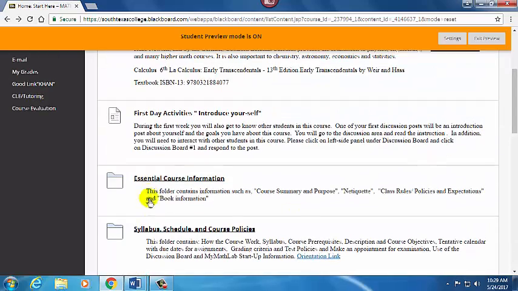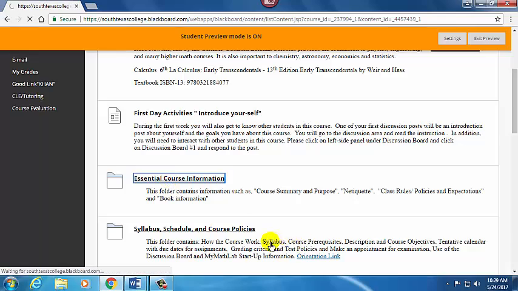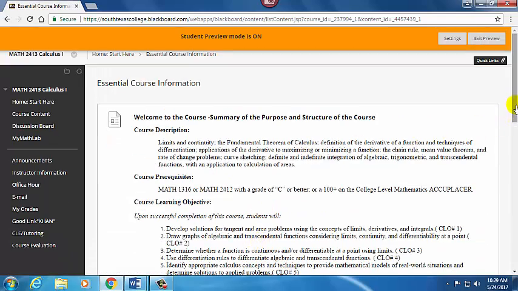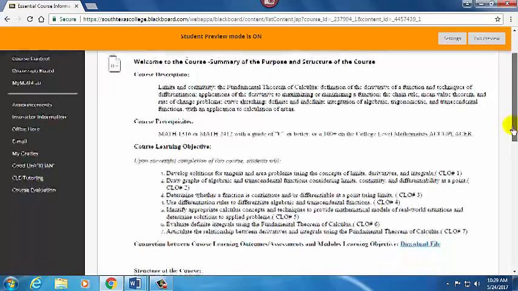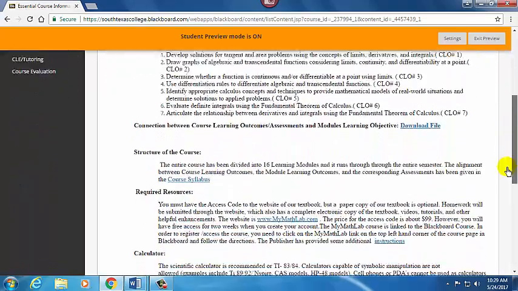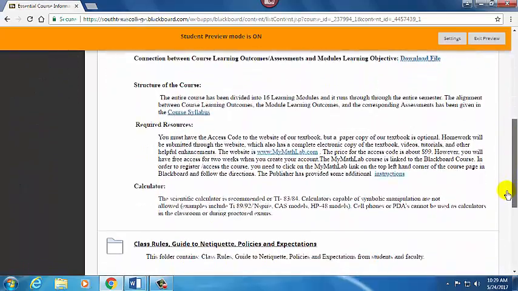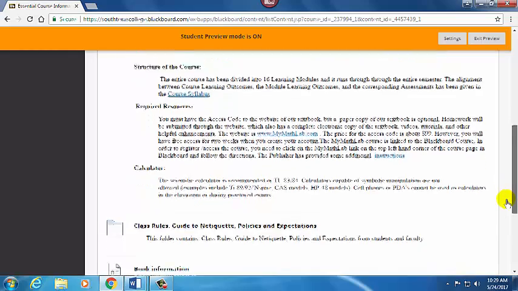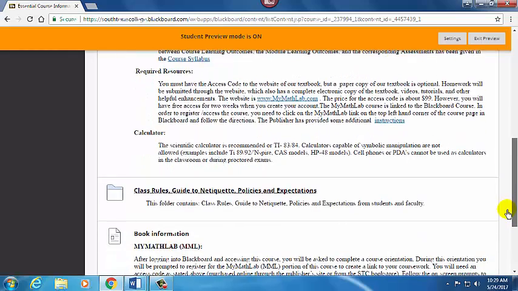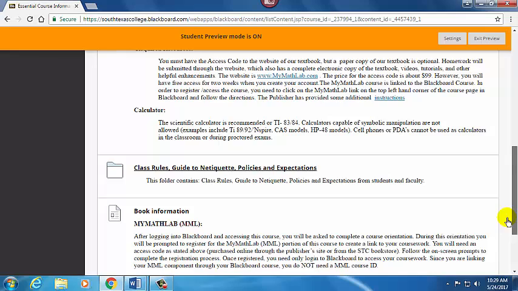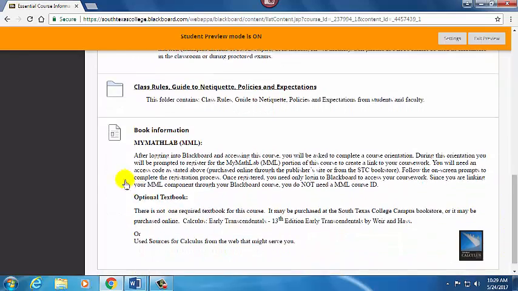If you go to the essential element, you're going to find the prerequisite for the course, the objective, the structure for the course, and also course rules and guidelines for discussion and emails and so on, and also the My Math Lab, which is required